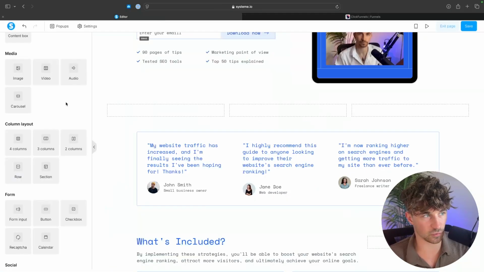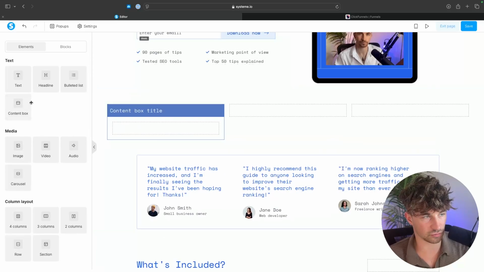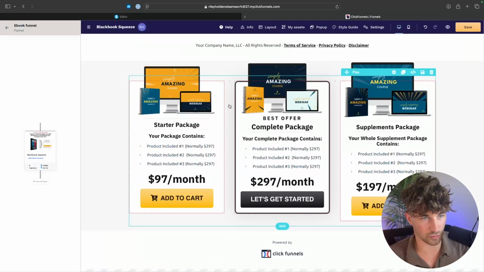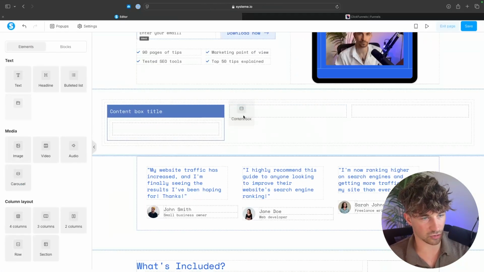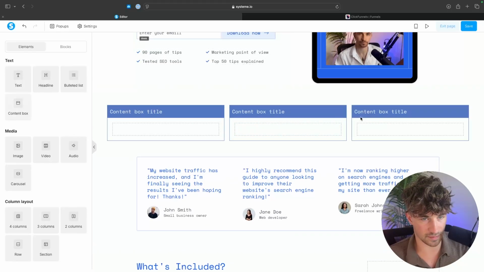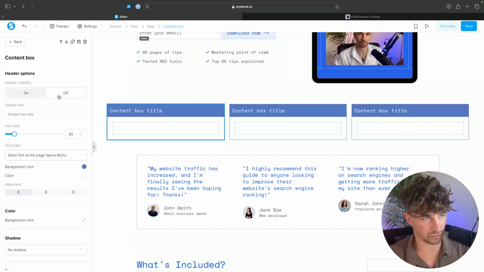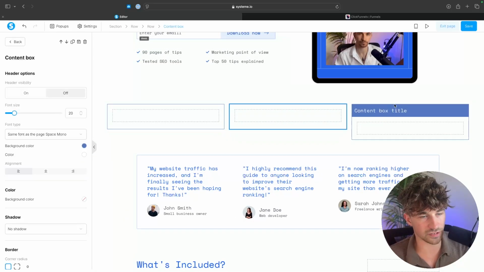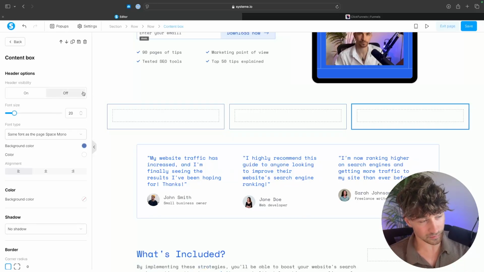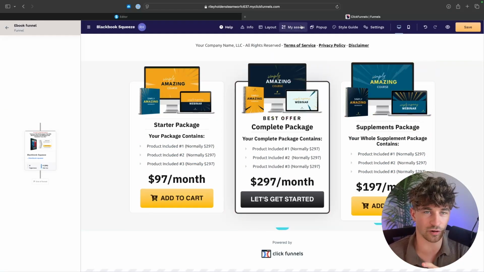Inside of each of these, we would then have to drag in a content box, which is like this little box that holds everything inside. So we could drag a content box there, a content box there, and a content box there. We'd have to turn the header visibility off. And as you can see, this is just a lot more work. You can still do these things inside of system.io. You still can create beautiful and awesome funnels, but Clickfunnels just makes this way easier because of this My Assets